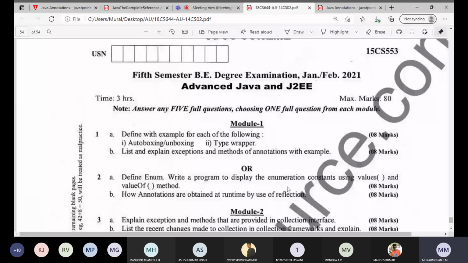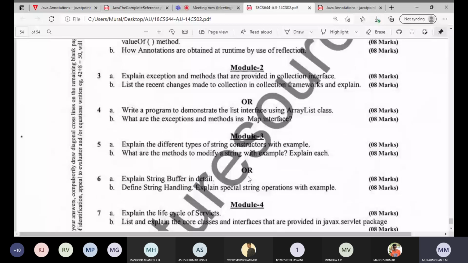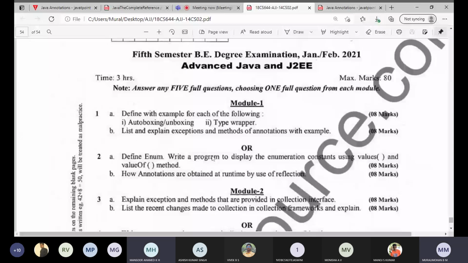Out of 5 question papers, do we have any out-of-syllabus question or a question which is not covered in the class? No, sir. Okay. I hope now it is clear to you how to study and what to study in module 1, how the questions will be framed and the frequency of repeated questions. Based on that, now you can prepare for module 1.